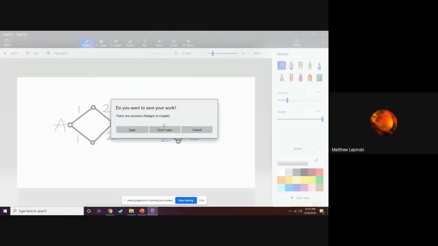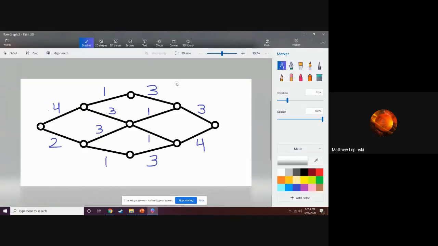Let me go and pull up my max flow picture. So max flow is a completely different graph problem, but it turns out that, as we'll see this week and probably next Monday, max flow and min cut are related, so that if you have a max flow solver, you can use that as a way to come up with min cut. Finding the min cut directly seems hard, but on the other hand, if we can use a max flow solver to solve min cut, then this sort of